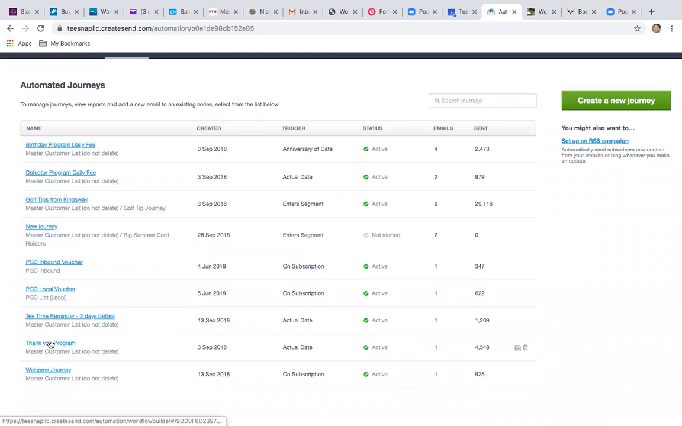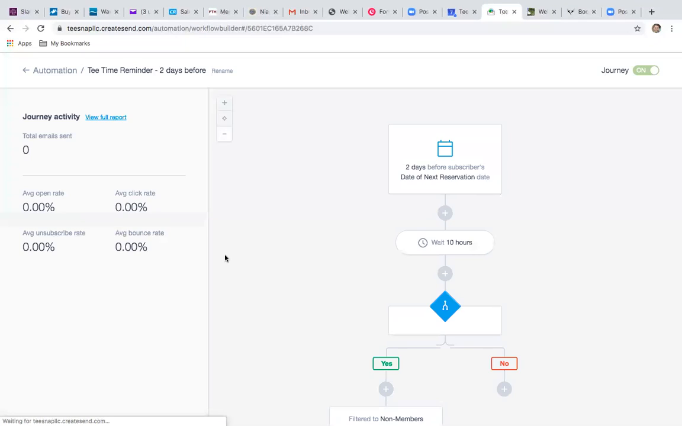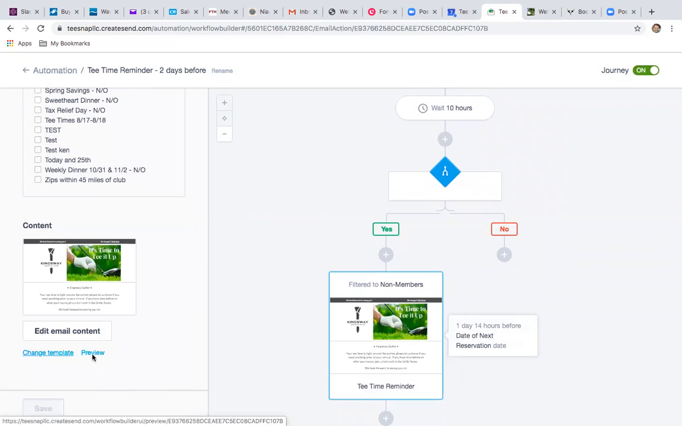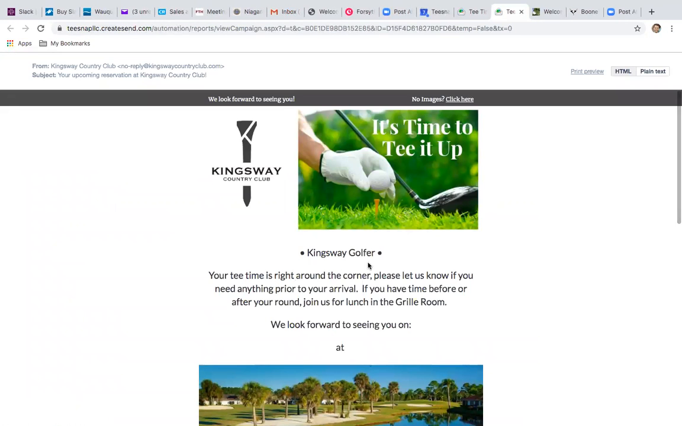These are where you're essentially going to have a set it and forget it mentality. So for example, these guys have set up a tee time reminder program. So what's going to happen here is that the trigger is 2 days before it's tee time. I want this customer to get an email that says something to the tune of, hey, we're